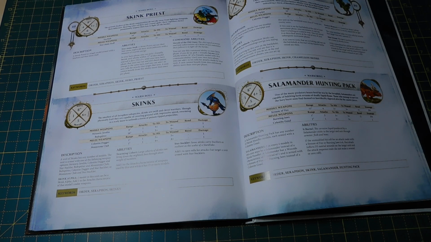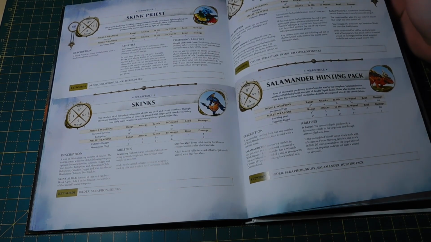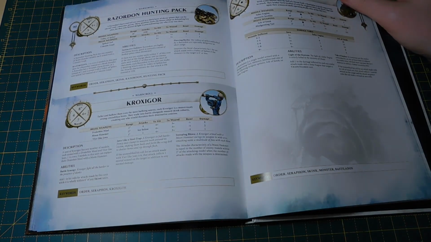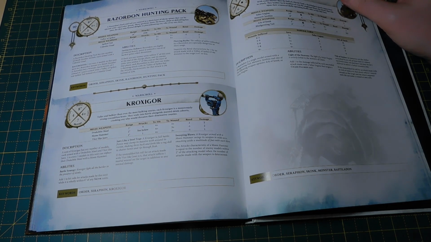Yeah, that's good. So I think Salamander hunting packs are underrated. 4 shooting attacks, hitting on 3s, wounding on 3s, -2 rend, D3 damage. If you roll a 6 to hit, you just do the D3 mortal wounds. Yeah, that's so good. Yeah, Salamanders, Razordons, they've all got a great play. They're not the easiest to...